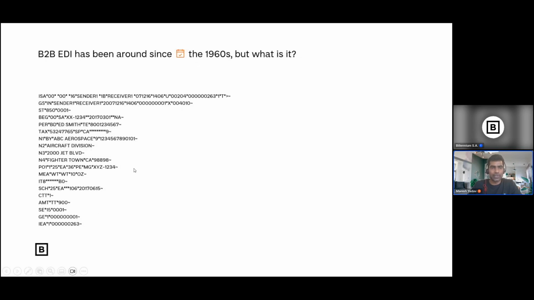You just have to search in Google for the 850 schema document or implementation document. If you search in Google, you'll get a PDF explaining every content, like ISA 001, ISA 002, ISA 003, ISA 004 is nothing but the sender. And these are nothing but the amount. If you see, the amount is 900. CTT is the total transaction. How many? There is only one PO01, which means the total transaction is only one.